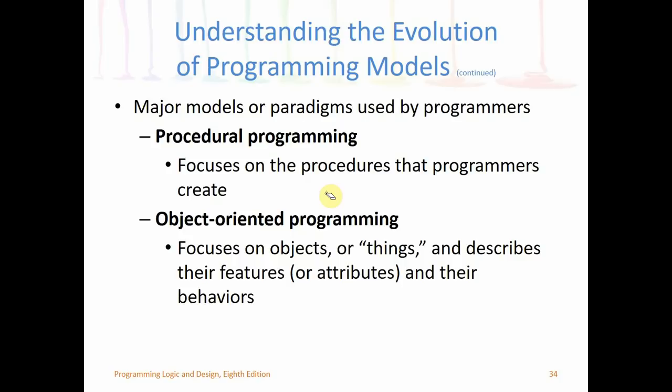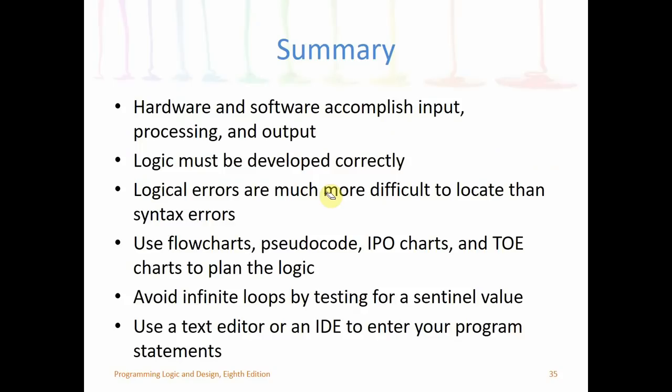The major models used by programmers are procedural programming and object-oriented programming. Procedural programming focuses on the procedures that the program creates. Object-oriented programming focuses on objects or things and describes their features or attributes and their behaviors. We will learn more about procedural programming and object-oriented programming in the upcoming days. This is the summary of the chapter. If you have any questions, please post them on your